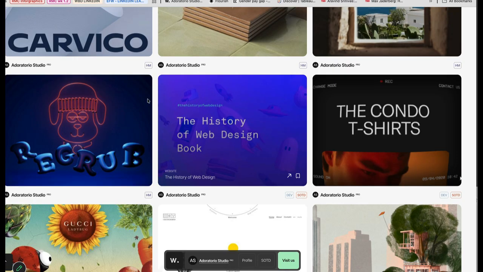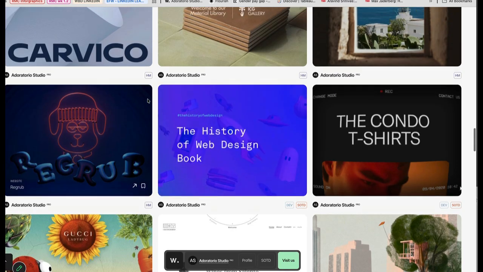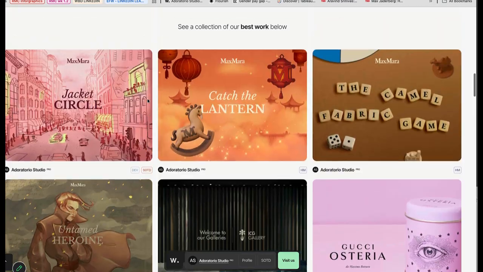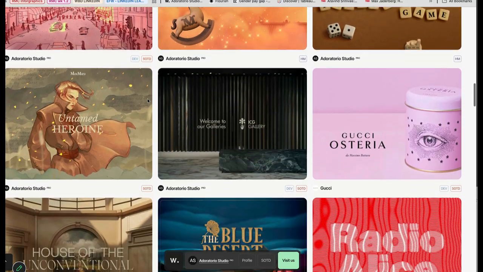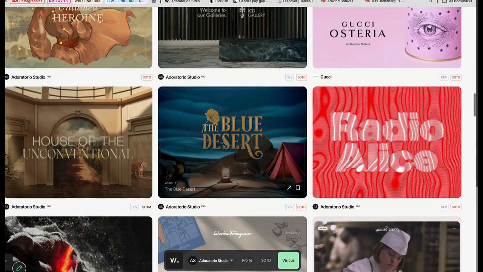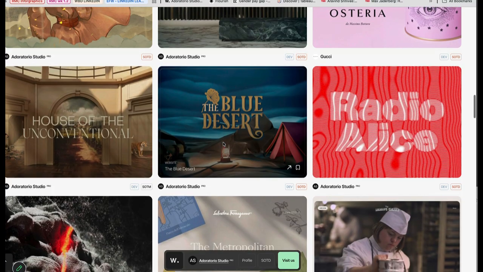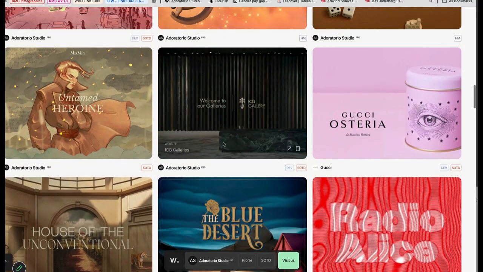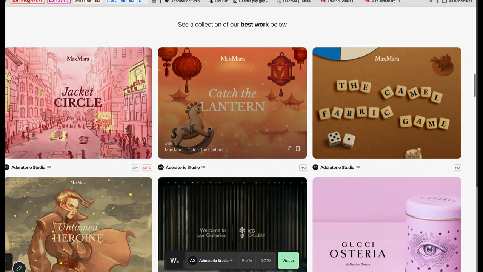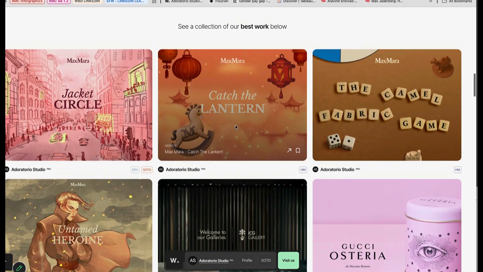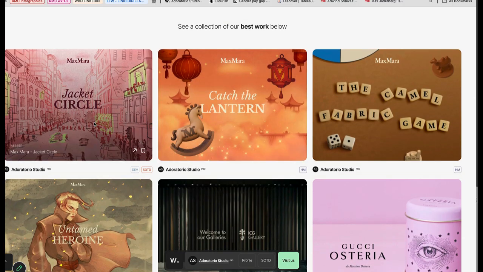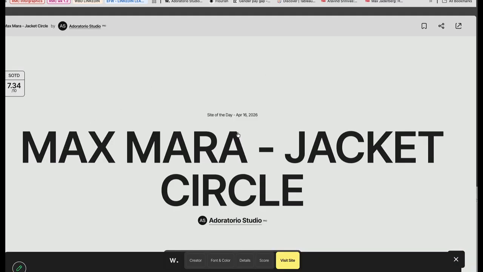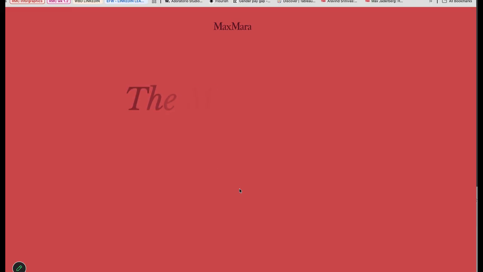All right. So this is the Adoratoria studio. They've made some really great sites. And here you can basically look at the layout of each page. Some aren't active currently because it depends on what year or how soon they've updated. Fashion changes a lot. This is a really great one, but I do not think they still have that one. This one is available, and if we go to this one,